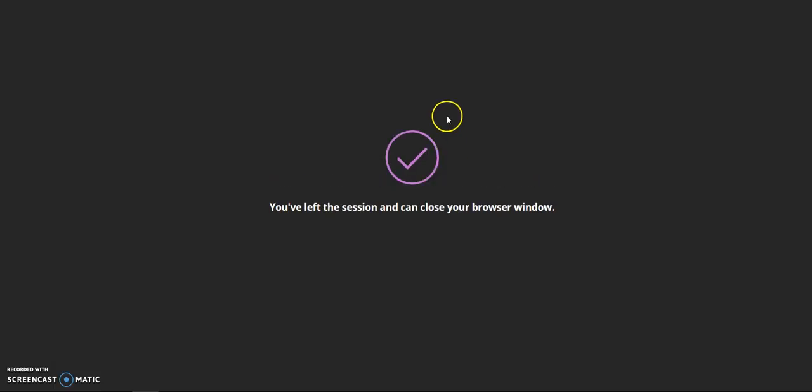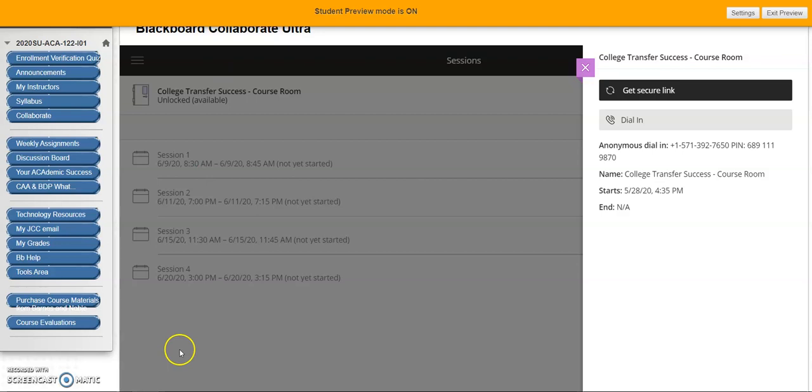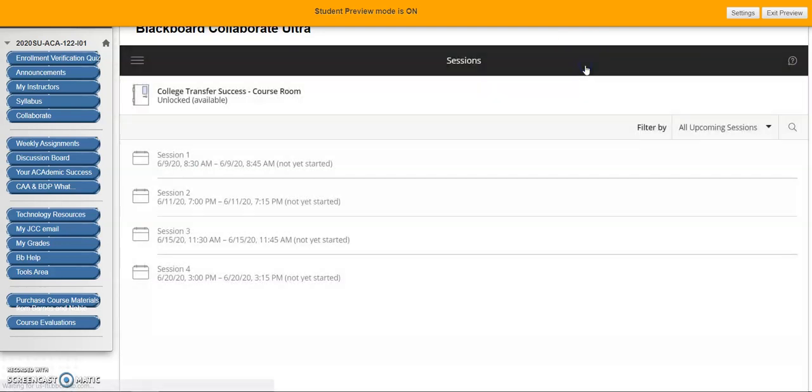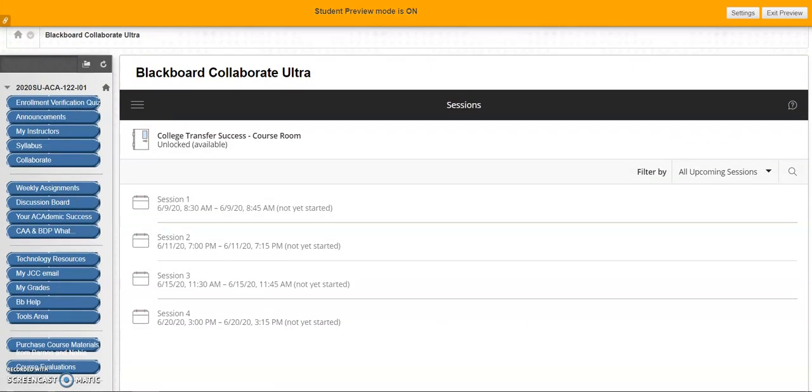And then of course, once you get out of this, you can actually go back up to the top of your computer and X out of that tab if you want to, or just simply go back to the Blackboard tab and you can click the purple X. And then once you do that, you'll be right back where we started. I hope this helps you to get a quick overview of how to access Collaborate,